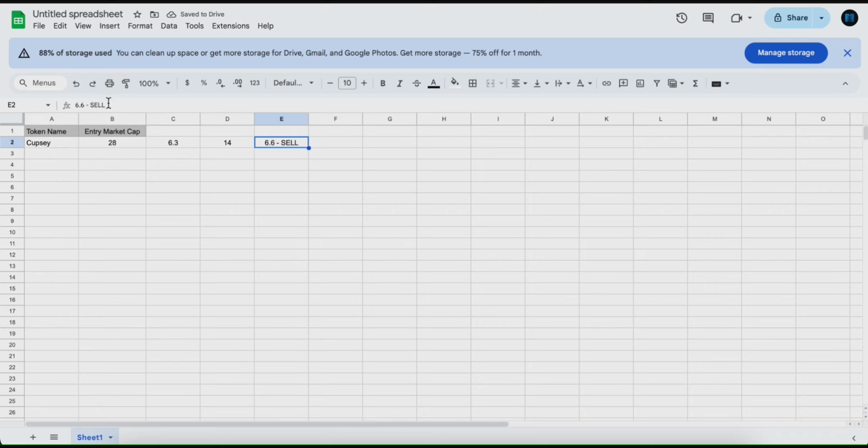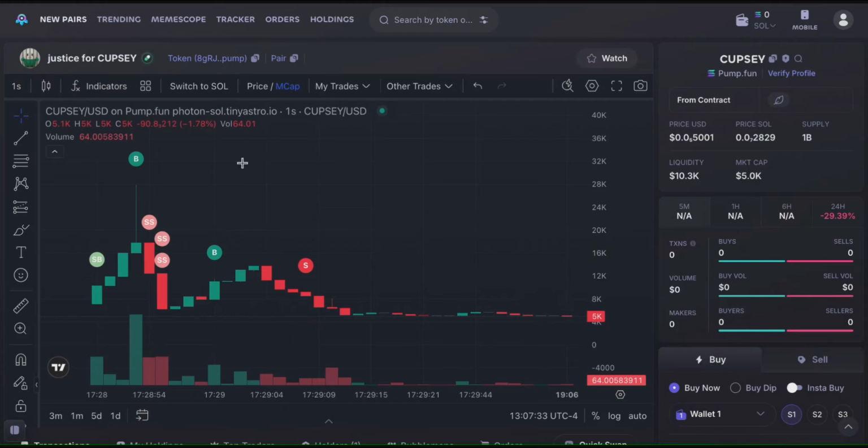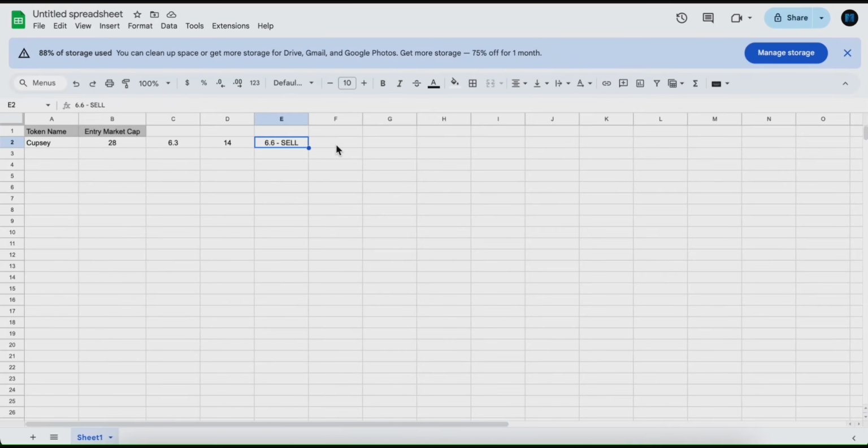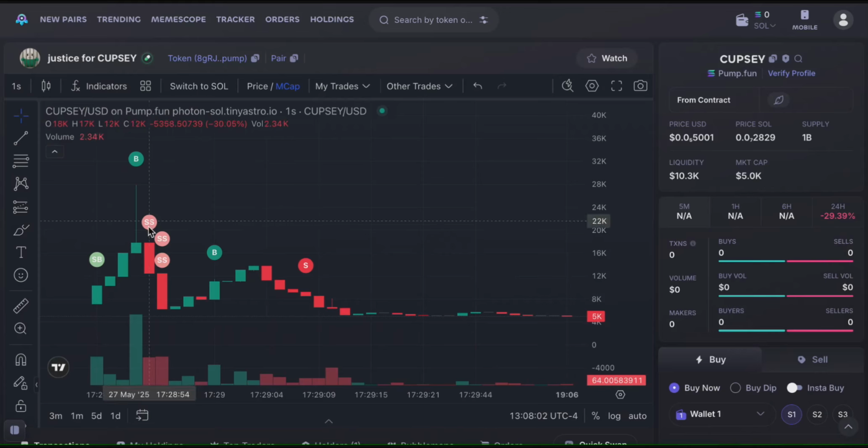The way you denote a sell is by putting in the market cap, space, dash, space, SELL in capital letters. And then the algorithm will know that's when they sold. And then we go to zero. So that would work just fine, 100% fine. But what would also work would be if you wrote 28, 6.6, sell, 0. And it would be a little bit faster because, like I told you, these points are insignificant